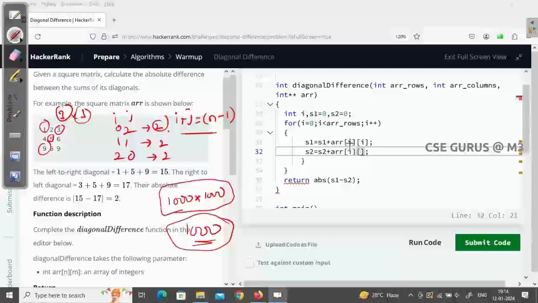In the previous one you have written arr of i j. In place of j you have written i. Why? Because the condition for the left diagonal is i equals j. What is the condition for the right diagonal? i plus j equals n minus 1. Now what is j equal to? So it is equal to n minus 1